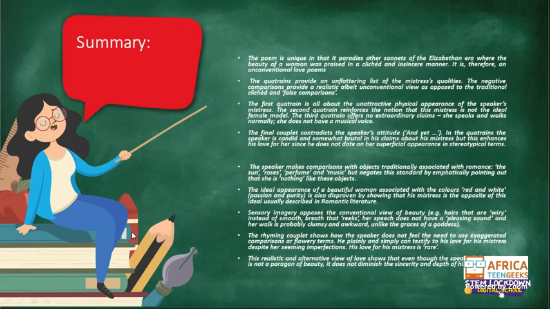A sonnet, right? Okay, so the negative comparisons make the poem more realistic. They make this lady more realistic. Because most poets of the era would say things like, your eyes shine as bright as the stars. I mean, it's sweet and everything, but come on, really? Eyes that shine as bright as the, what is it called? The stars.